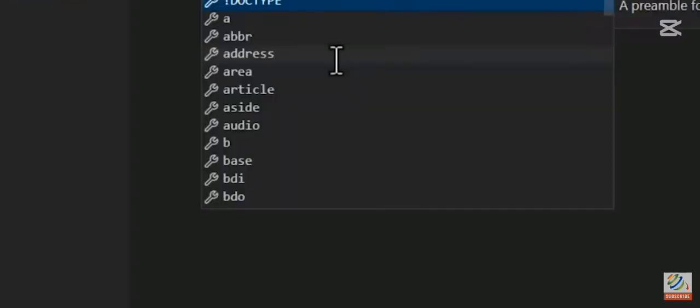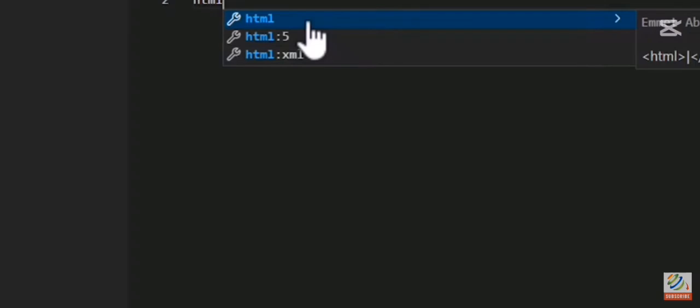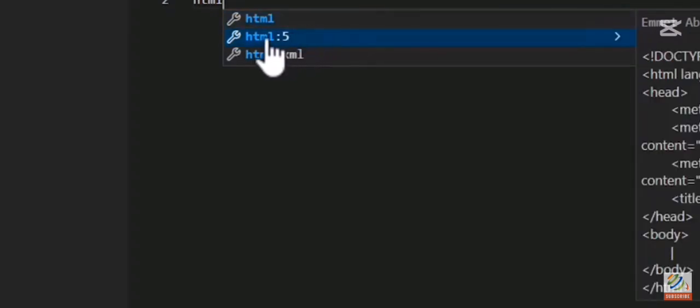You can assign any name you need. Open it by double clicking it. On it you will have some instructions on how you will make it. For now we have started a project. In the file, type the exclamation mark, that is the doctype HTML. After that, it is an HTML file. So just after you have typed the doctype HTML,